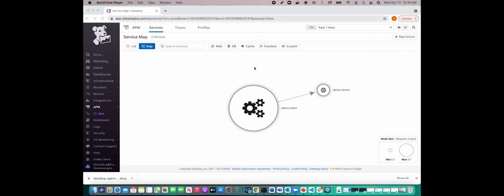As you all know, we are using Datadog for monitoring, troubleshooting, and optimizing the application performance, infrastructure, logs, and synthetic tests. I will be giving a demo about the progress we have made in pushing the traces to the Datadog APM. The application that we are looking at here is a demo application in which the client constantly sends requests